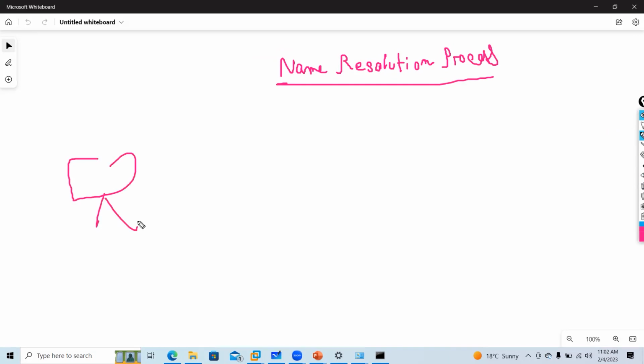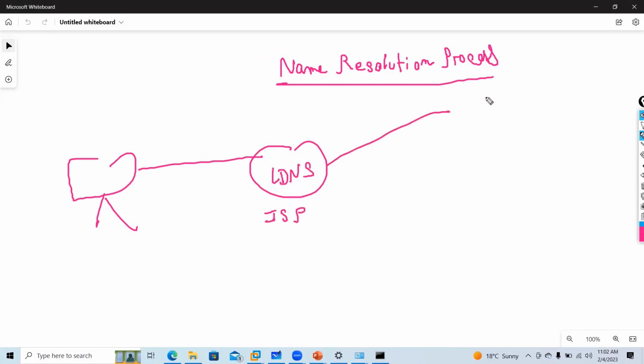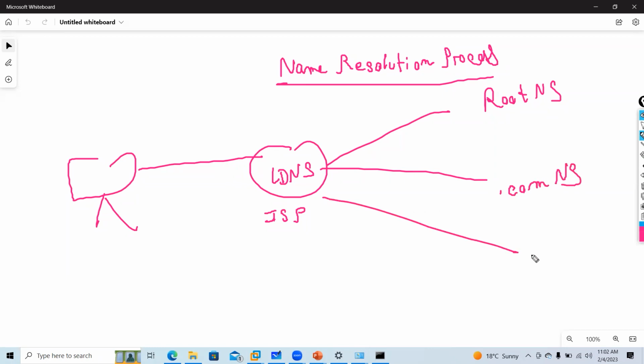I will draw a picture with the client. Then I have LDNS, which is managed by the ISP. Then I have the root name server, the .com name server, and the sianets.com name server.